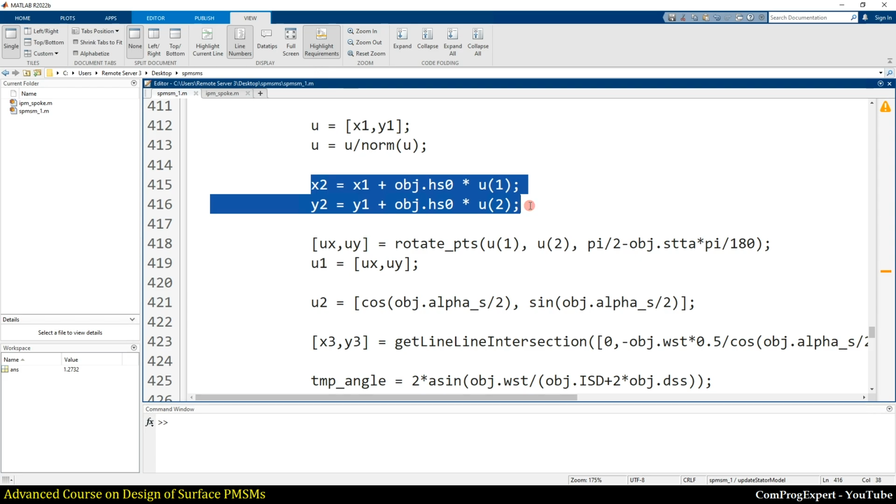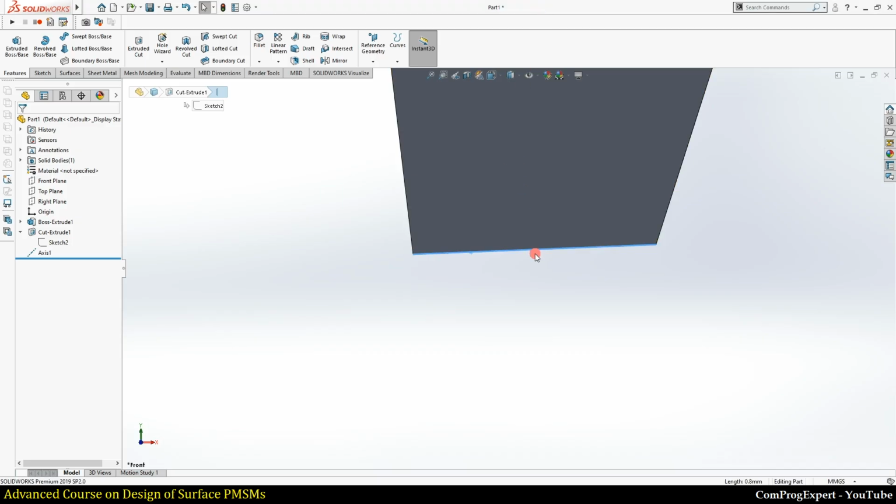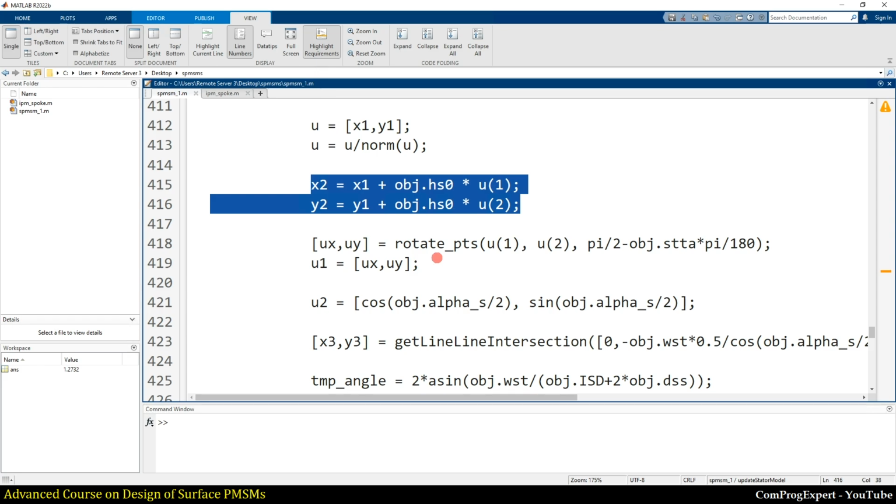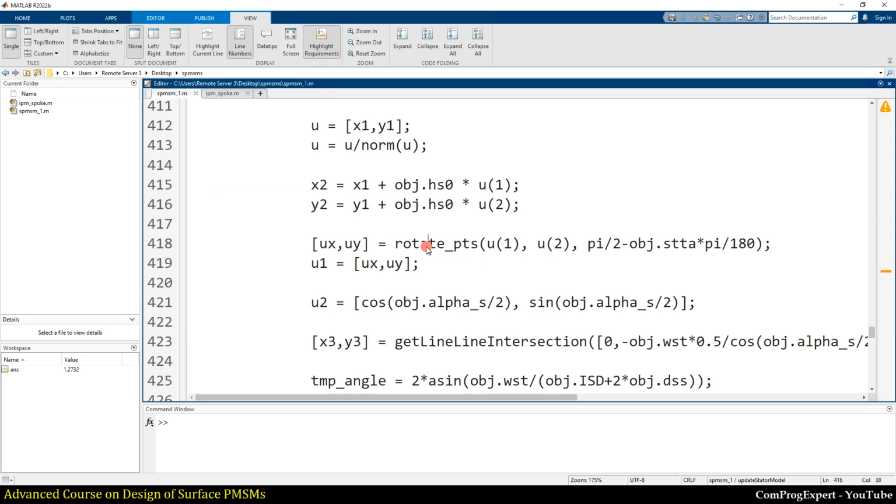So, how can we calculate the coordinates of the third point, this one? We have the components of the unit vector u. We can rotate this unit vector using the rotate points function.